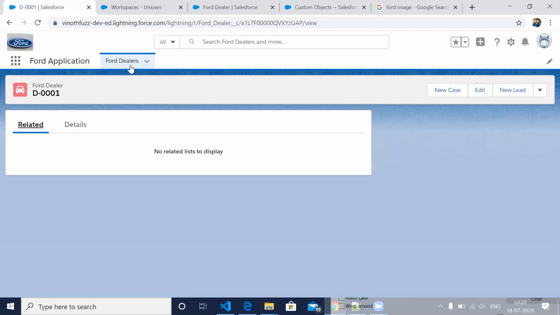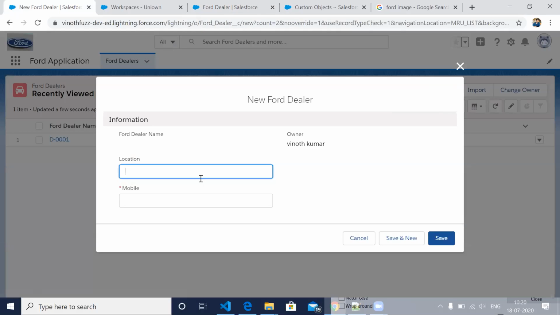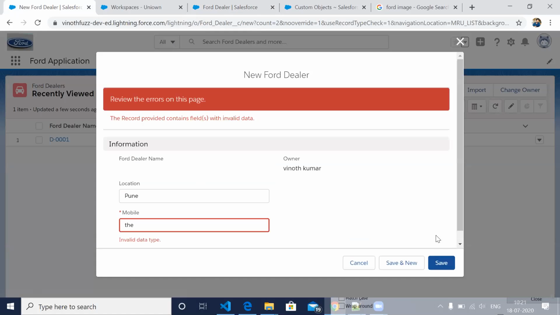Now I'm coming back to my application. Click on new. I enter only text now. It's giving an error now. So I have to give only numbers.